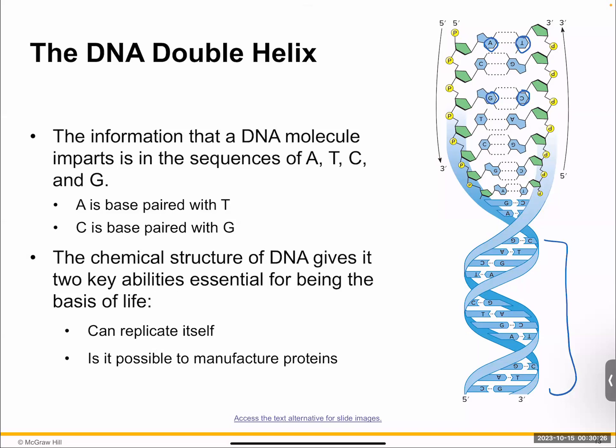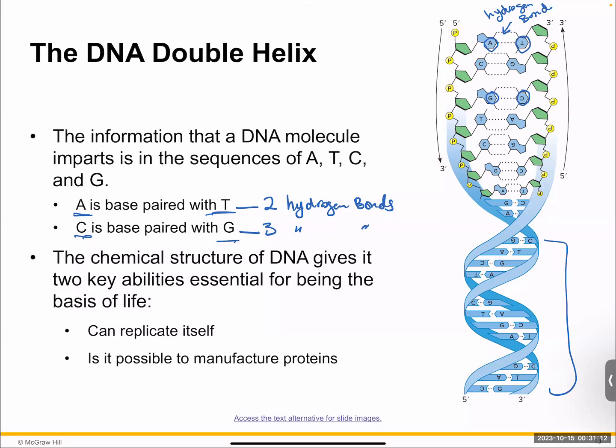One other thing that I want to hint at right now, before we go into detail, is that these dots that you see right here represent what we call hydrogen bonds. They're the ones that hold the double helix together. And one thing I do want to note, and it will be hinted again later on, is that A and T are held together with 2 hydrogen bonds, and C and G are held together by 3 hydrogen bonds. So it's harder to separate C and G from each other versus A and T.